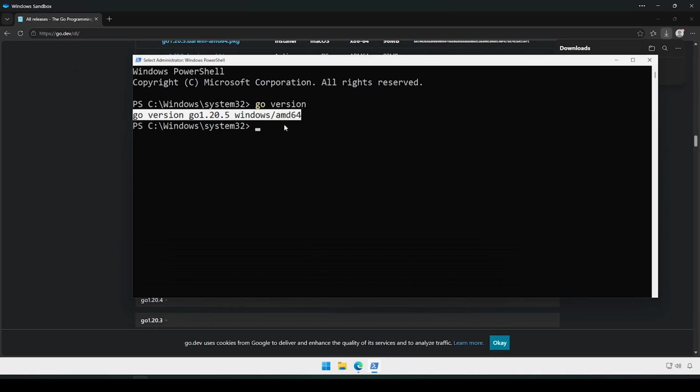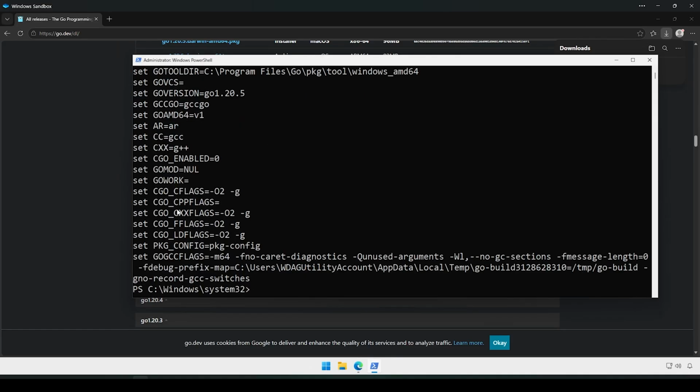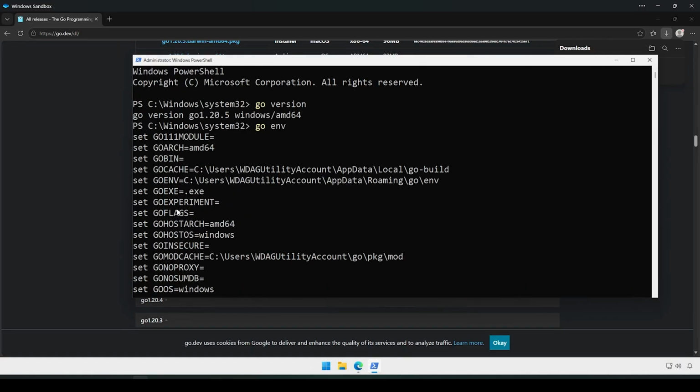But since we are getting the correct thing here, that lets us know everything went well. The other command you could probably do if you're interested is go env, and that'll show all of the environment variables related to the Go compiler installed on the machine. You can see there's a fair number of them here,